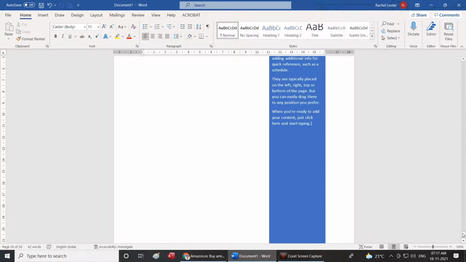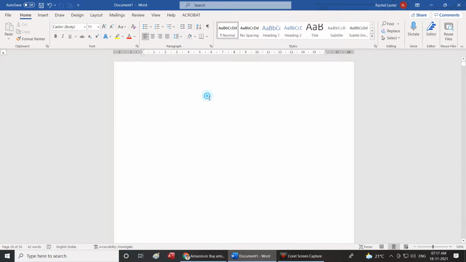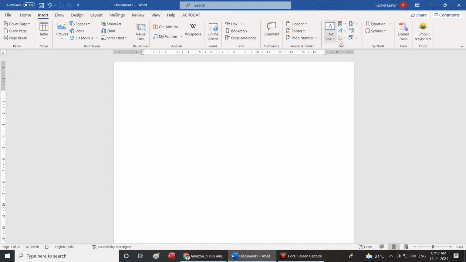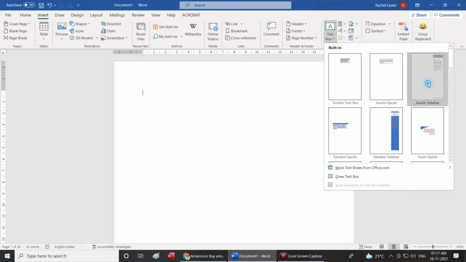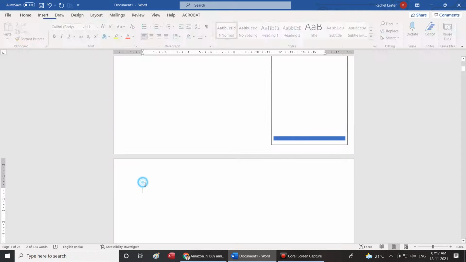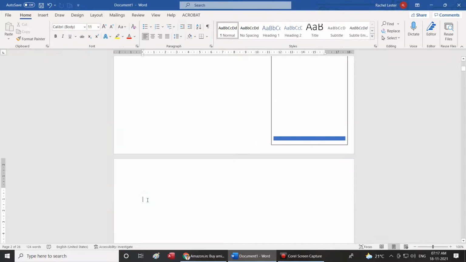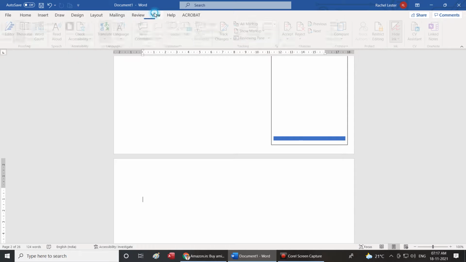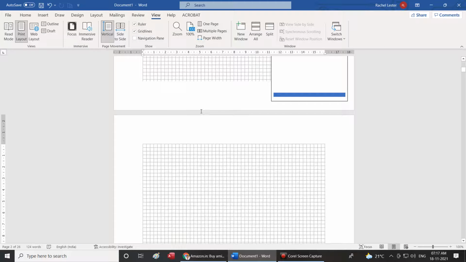This is the 26th page. Put your cursor there, go to insert, go to text box. I'll go for this. After this is completed, come to the next page, click your cursor, not on this. Keep your grid lines on so that you are not confused about where the cursor should be.